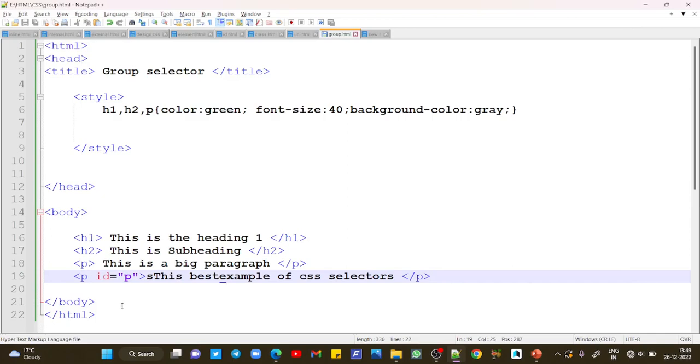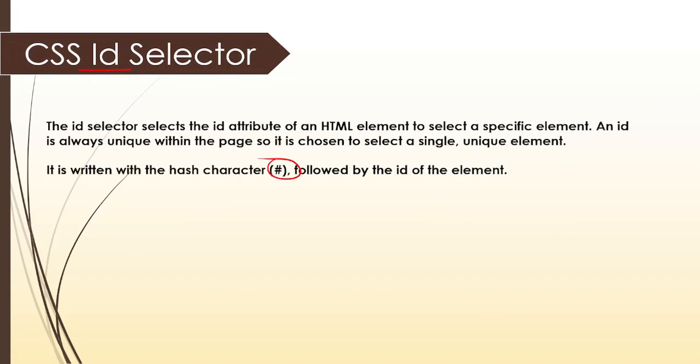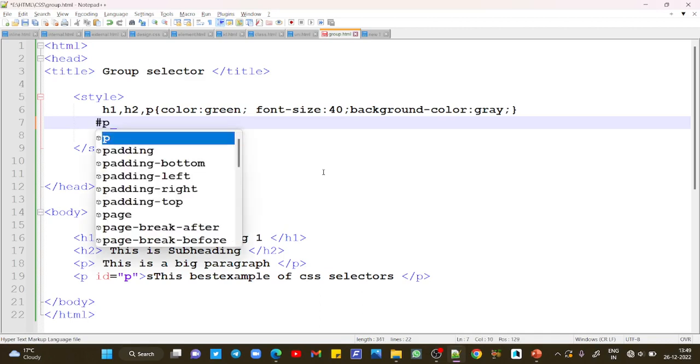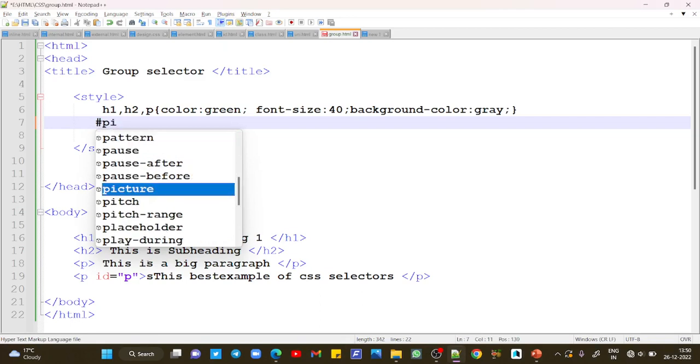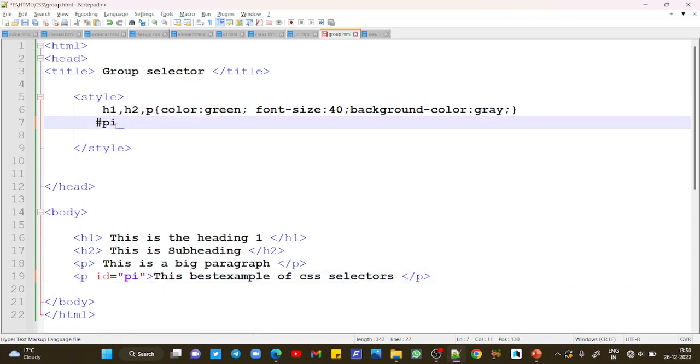Okay, so now let's give this particular ID a unique value. Okay, so for ID we have discussed, for ID always remember to use hash symbol. Okay, so let's write it here. Hash name of this ID is P. Change its name, PI. Okay, like this. So PI